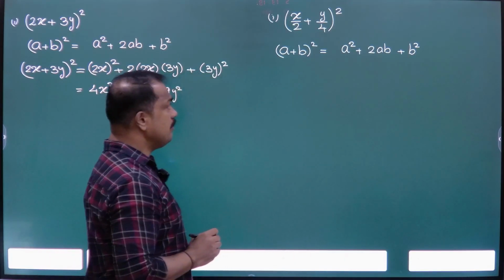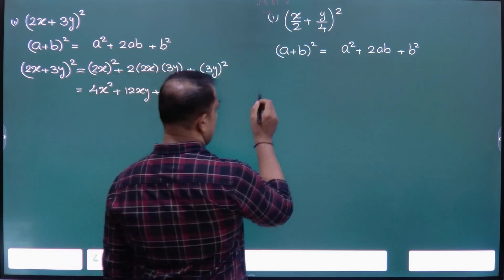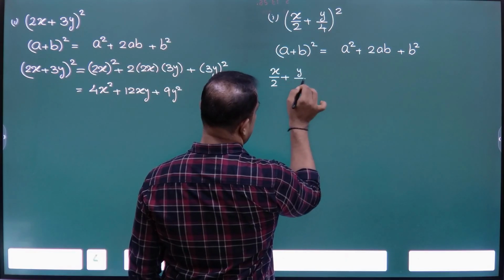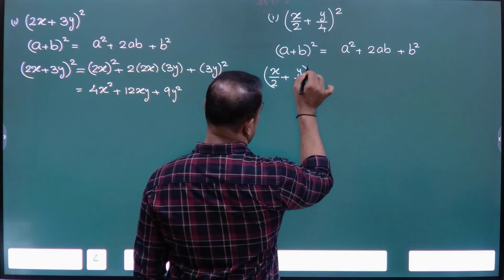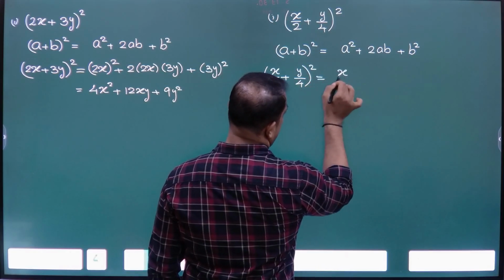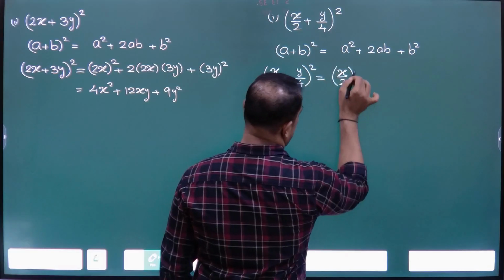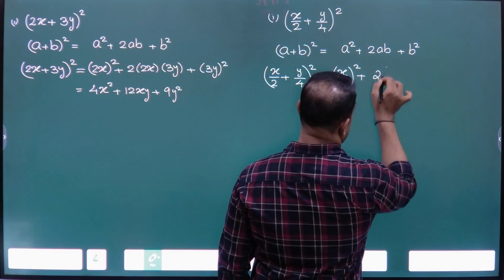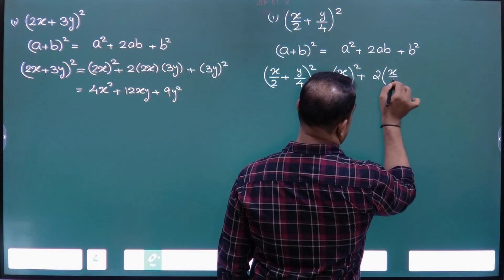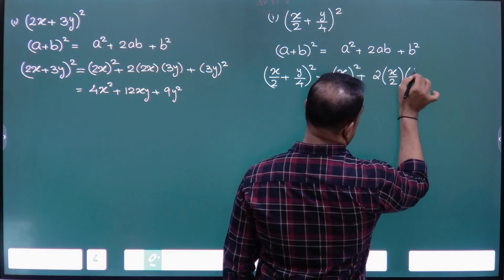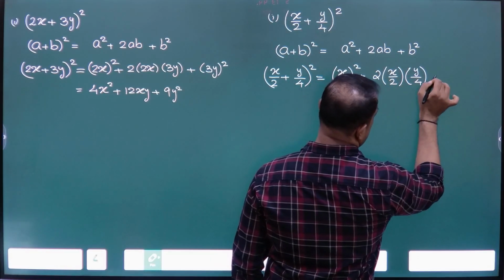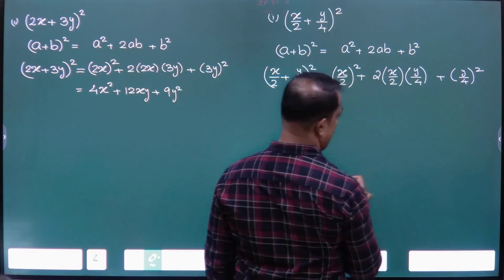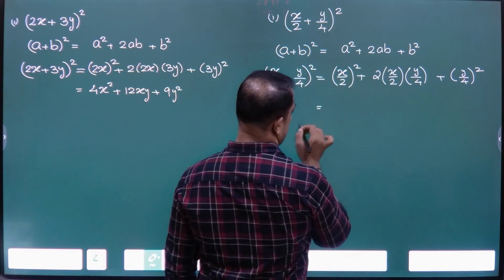In this case, what is the value of a? x by 2 whole square plus 2 into x by 2 into y by 4 plus y by 4 whole square is equal to